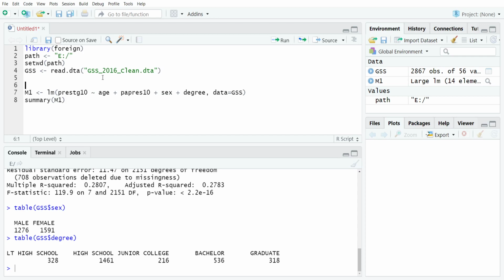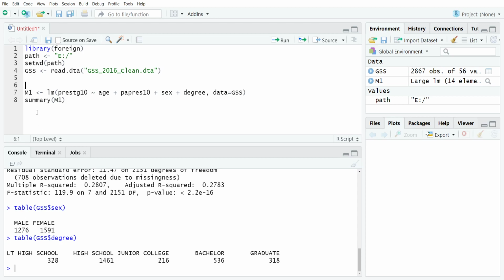It ends up that that's actually something that's pretty straightforward to do using the relevel command. The basic idea of how this works is you'll create a new variable in your data frame that will have the updated order, which then when you pass it to the regression model will automatically take the reference category that you would like. So the first thing to look at, I have 56 variables right there, and we're going to add a 57th. So let's say that we wanted to take the variable for sex and put female as the reference